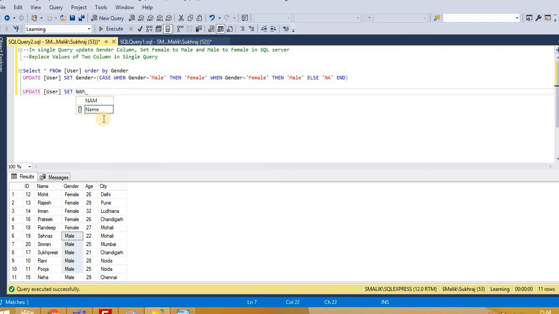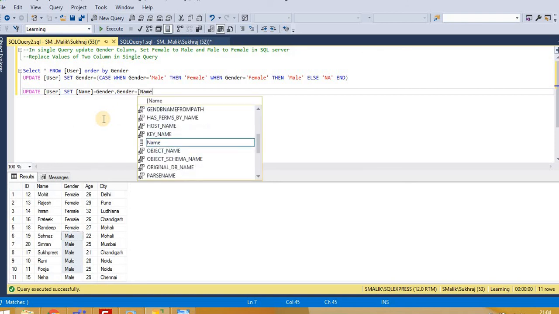In that case, name is equal to gender and gender is equal to name.